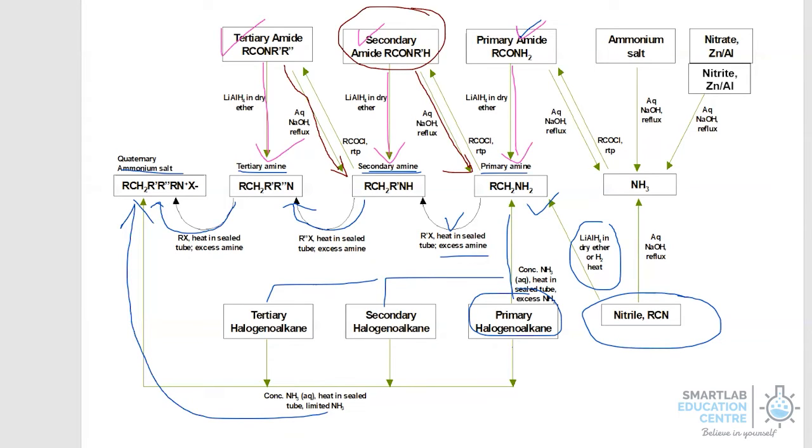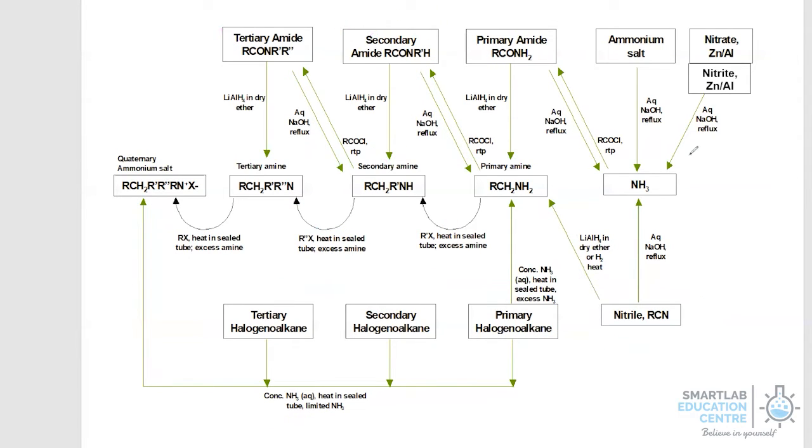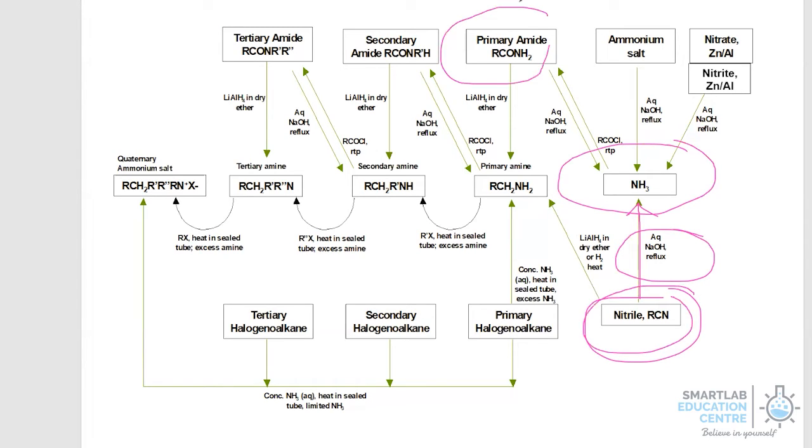One of the possible exam questions is what are the ways that ammonia can be produced from organic compounds. To produce it from organic compounds, you can do alkaline hydrolysis of your nitrile, or you can do alkaline hydrolysis of your primary amide. You will be able to produce your ammonia. These two are the organic routes; the inorganic reactions are where ammonium reacts with alkali to release NH3. Similarly, nitrate or nitrite can react with Devarda's alloy, which comprises either zinc or aluminum, in the presence of alkaline medium to produce ammonia as well.